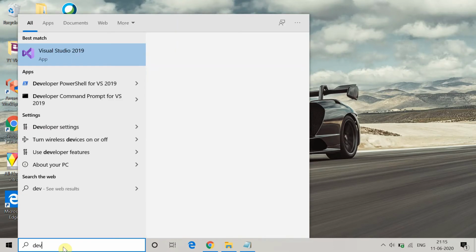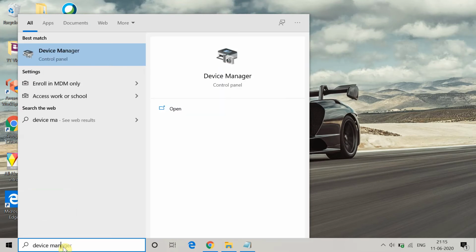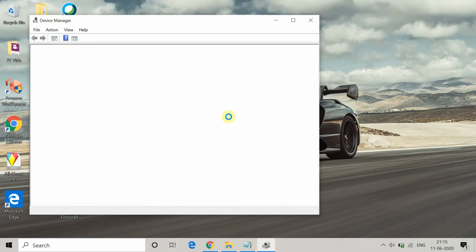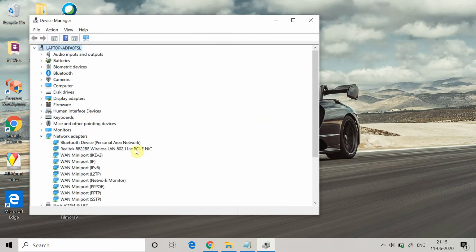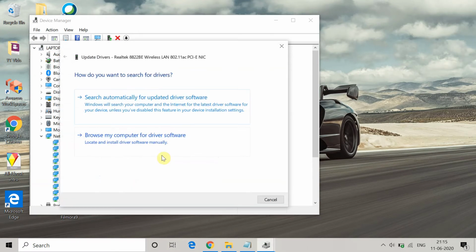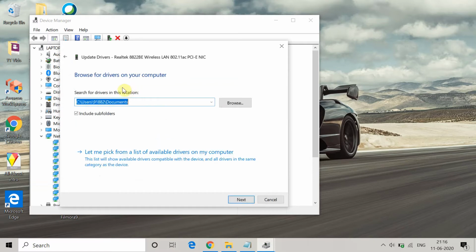So the second method is to update the Wi-Fi driver. For that, open the Device Manager, and once it opens, go to Network adapters. Then there is a Wi-Fi option. Right click on it, click on Update driver, and then go to Browse my computer for driver software.